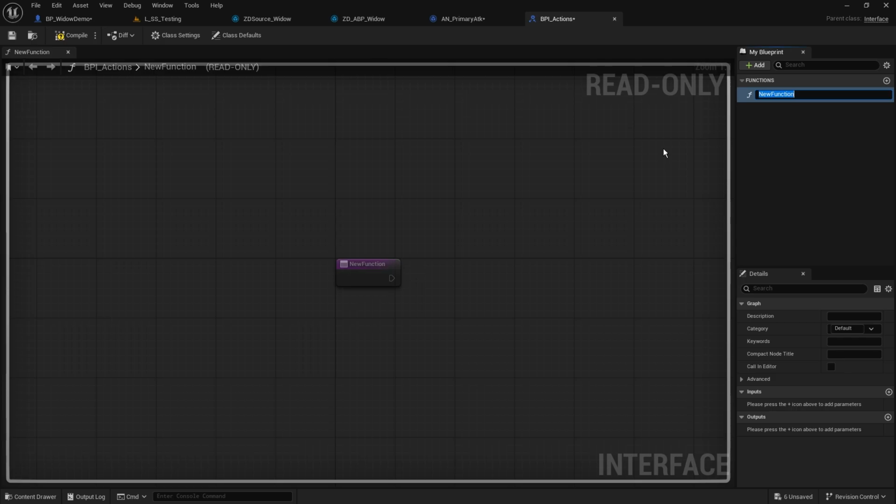What we do is we pass that message to them, and then we let them decide what they do with that. Well, even if they do anything at all, because if something doesn't implement the interface, then it doesn't do anything at all. So I like to go with I underscore on my interface events, just so I can see the difference between custom events and my interface events. And this one, what we'll do is primary attack,